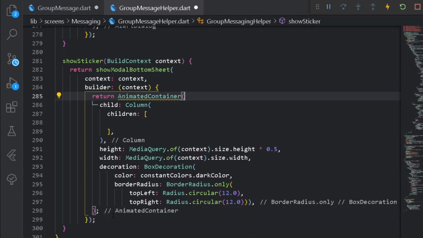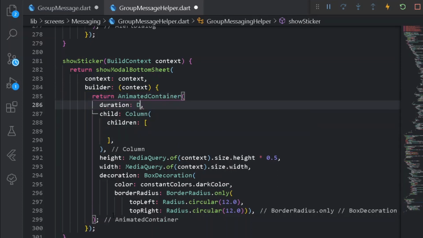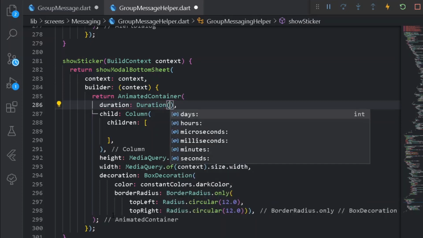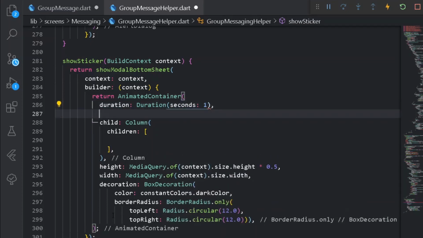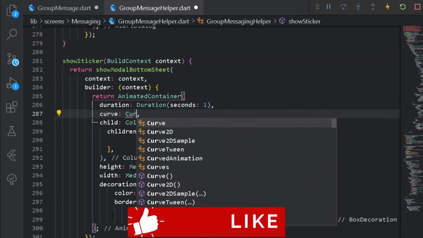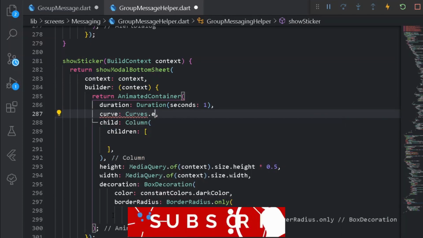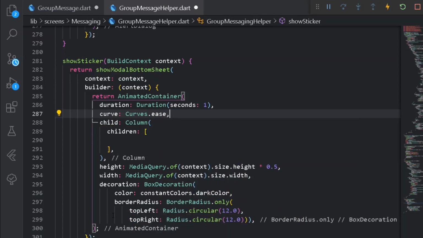Instead of having an old container, let's have an animated container. Under an animated container, it will be taking a duration. So here let's have duration under the form of seconds of 1. Also let's have some curves. So here let's have curves, alright, a bad spelling, curves of ease in, or you can have any sort of curve, ease in. So here under children, first of all I shall be having a divider.